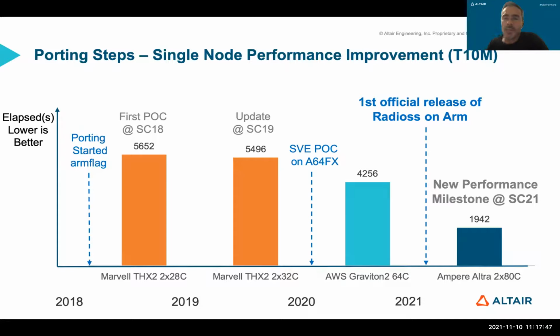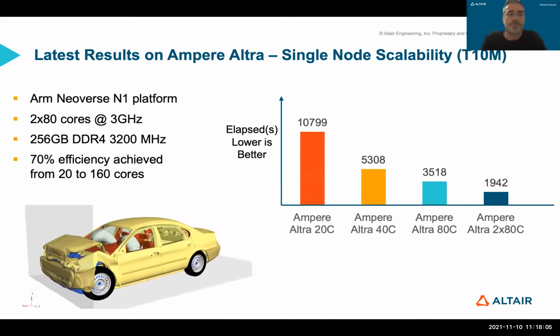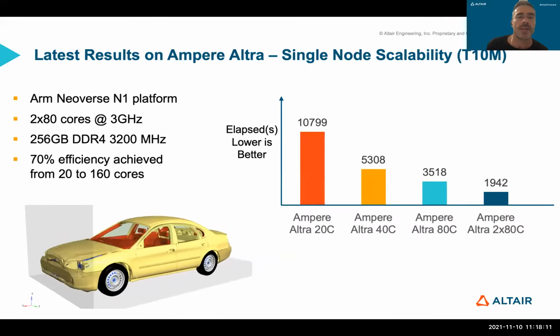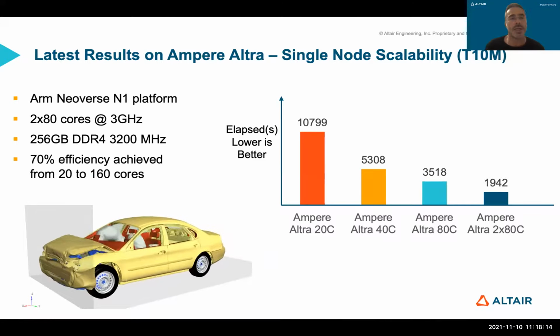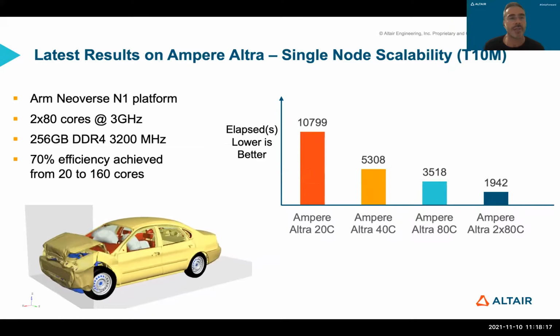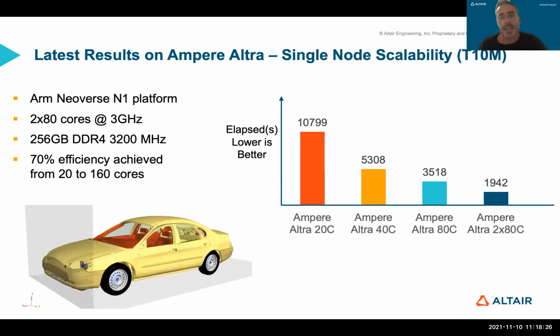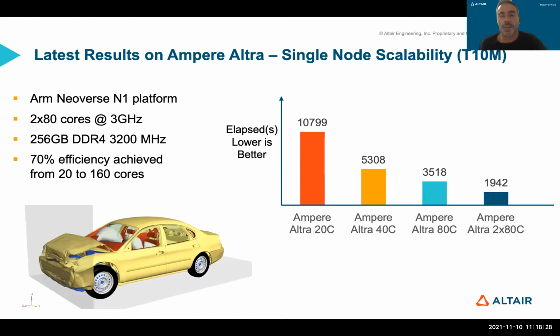And basically, we see that the scalability continues with the number of cores that we have on a single node. So here, 160 cores instead of 64 cores in the previous case. So these are the results that I will detail. In fact, this Ampere Ultra is based on the Neoverse N1 platform, like the Graviton 2. But the game changer is that it embeds more cores, 80 cores per socket, so with a dual socket node, up to 160 cores. So for the moment, we tested only a single node.